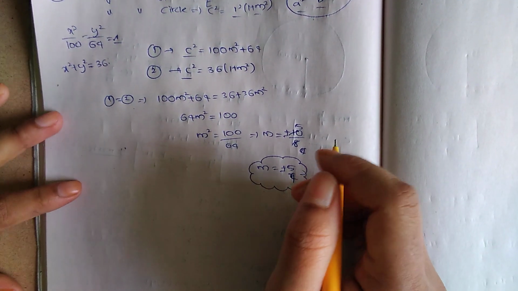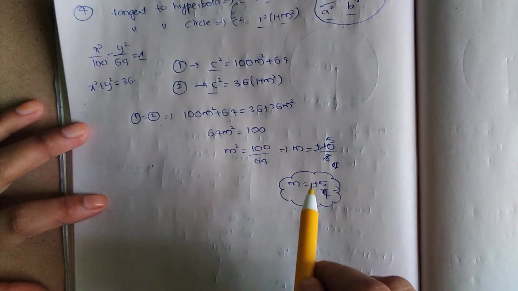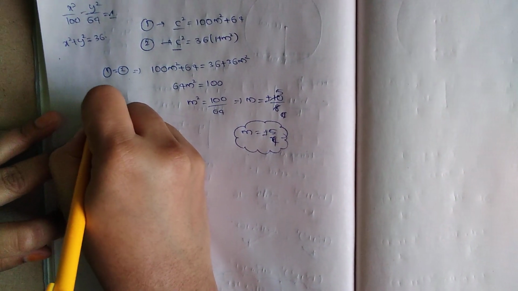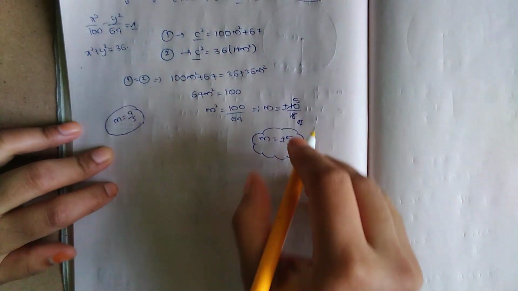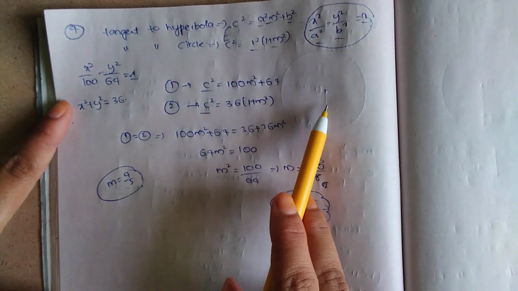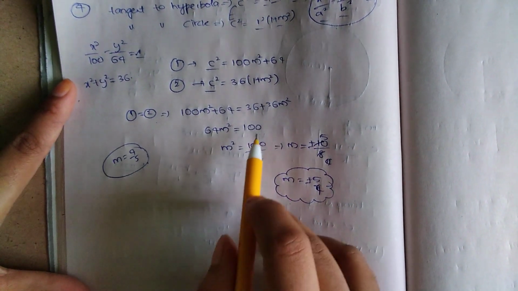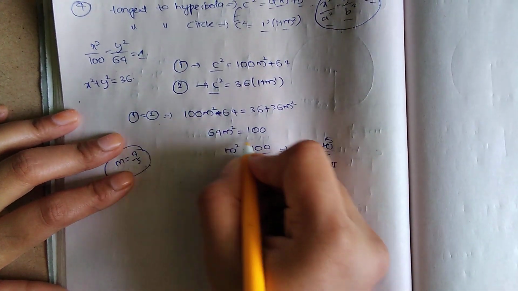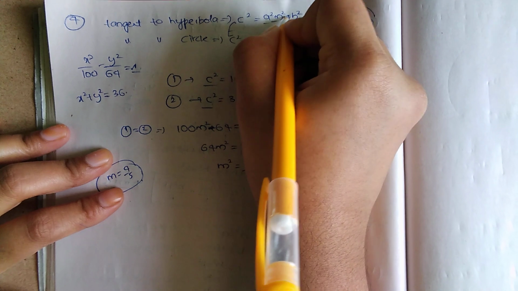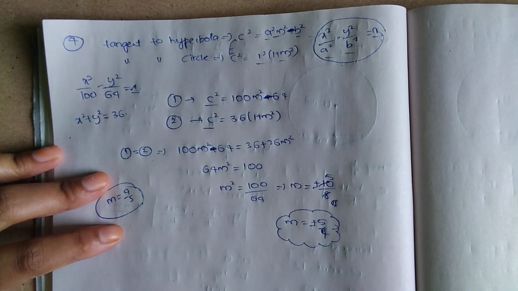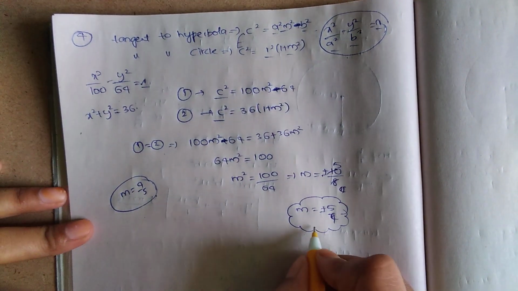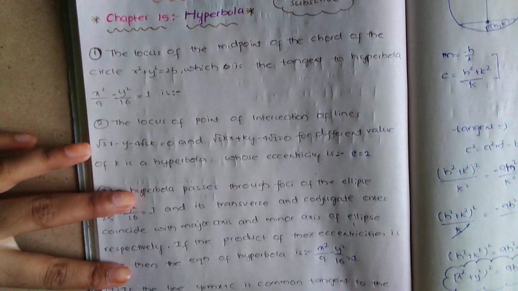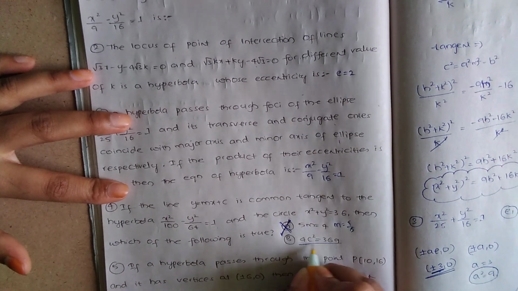Is it correct up to here? Because in the option we have it as m is equal to 4 by 5. Check this once. What do you get? Here it is minus. Here I wrote it correct. I'm sorry, it is a square m square minus b square, right? Yes, we got it as plus minus 5 by 4, which means this option is wrong.